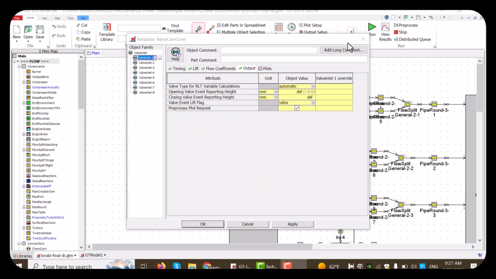And the output part, for example, valve event lift flag, determines how valve timing is defined, based on zero lift or based on reporting lift threshold. About closing valve event reporting height, the valve is considered closed when lift drops below this threshold. An opening valve event reporting height defines the lift at which GT-Power considers the valve officially open. For example, if set to 0.1 millimeter, opening timing is reported when lift exceeds